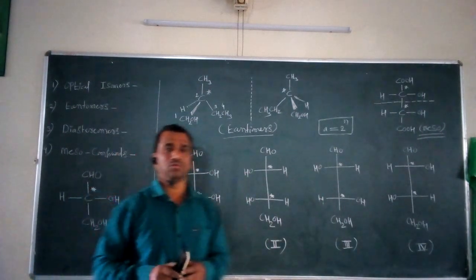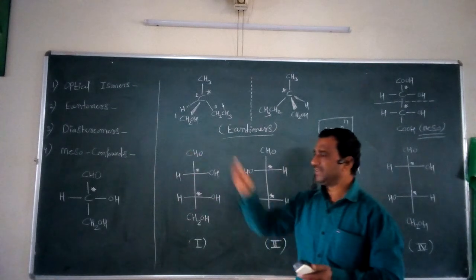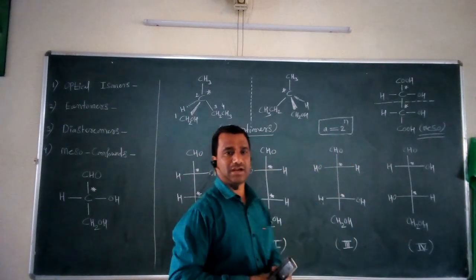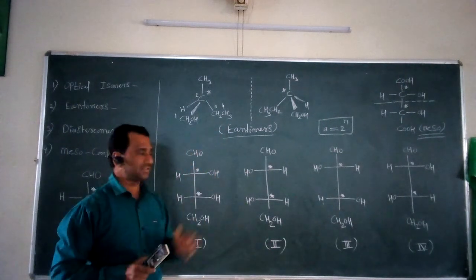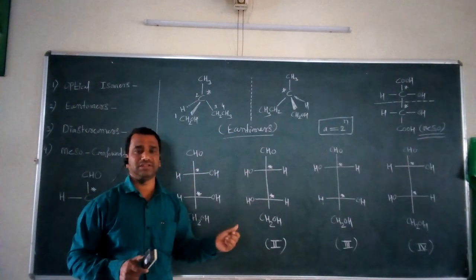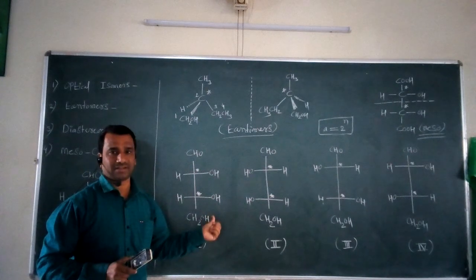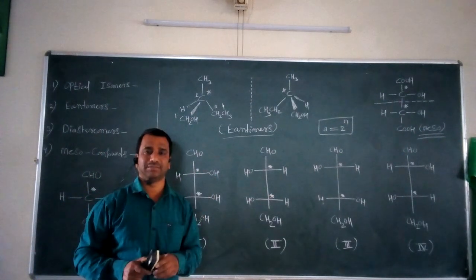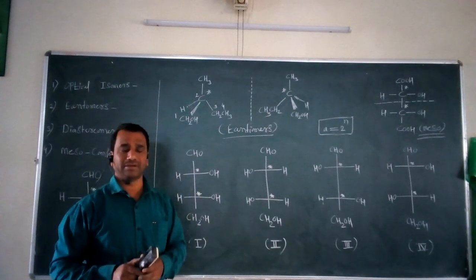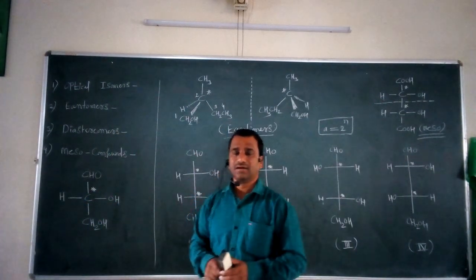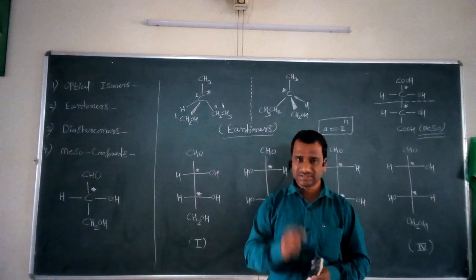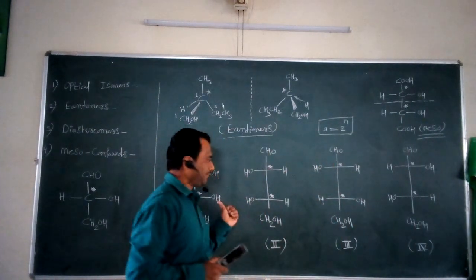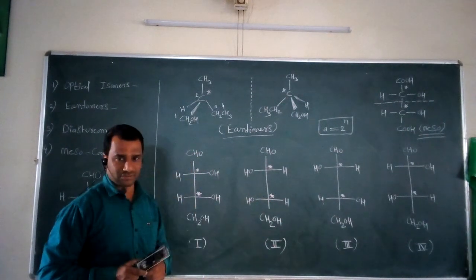Now we have to study the meaning of diastereomers. Diastereomers are present in a compound having two stereo centers, or two chiral centers, or two asymmetric carbon atoms. For this type of compound, we can study the concept of diastereomers. Now, in this compound, 4 different forms are to be considered.